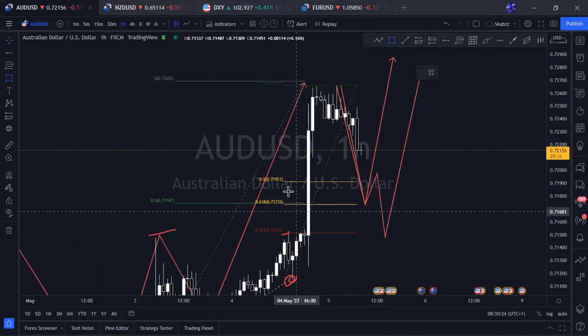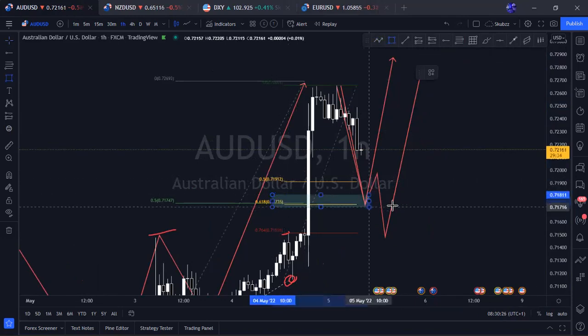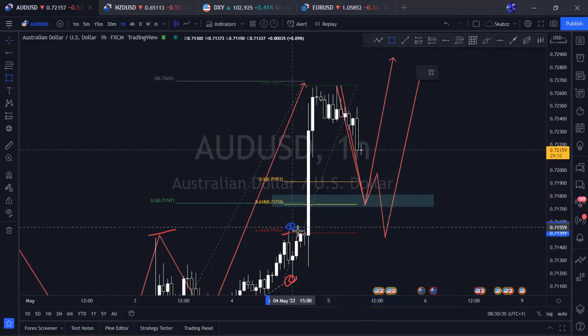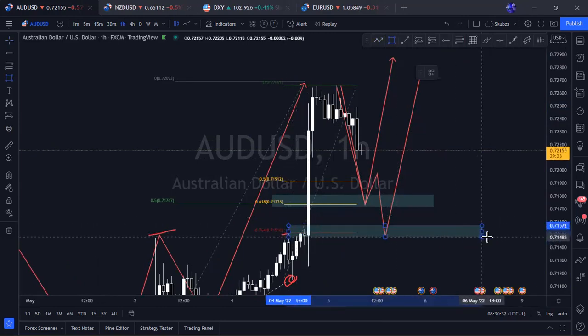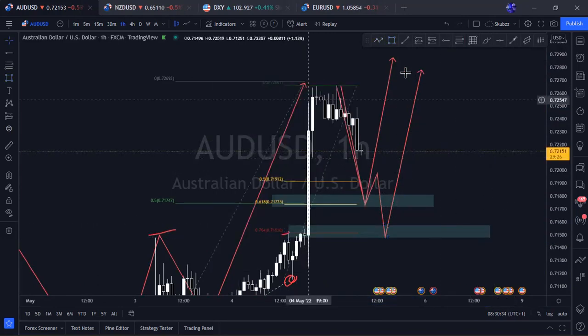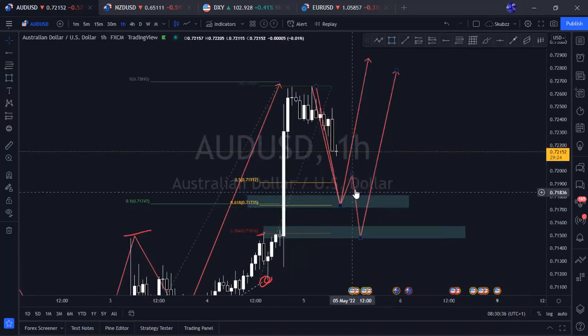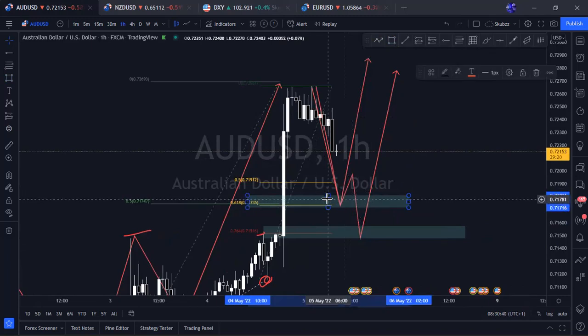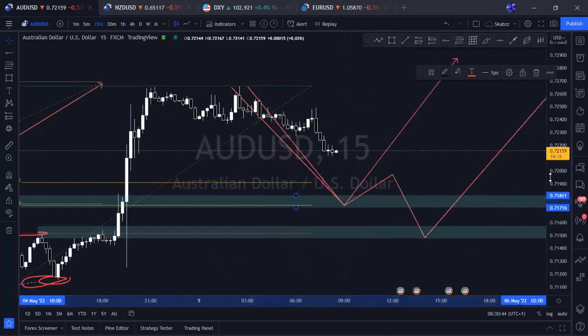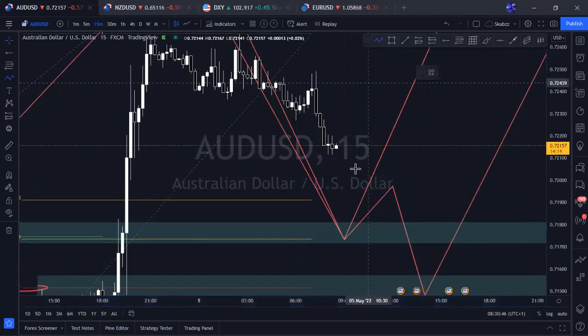So what you pay attention to first is this level here, this point here, and then secondly this point here. You guys understand? Now, any one of these that happens here, you can take for the first scenario here. Once price gets here, drop to your 15 minutes. Do you understand? What you should watch out for in your 15 minutes is a shift in market structure, something like this,